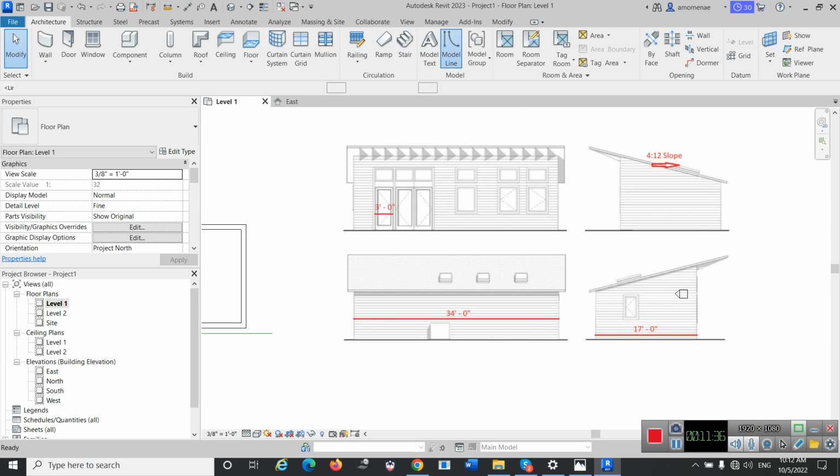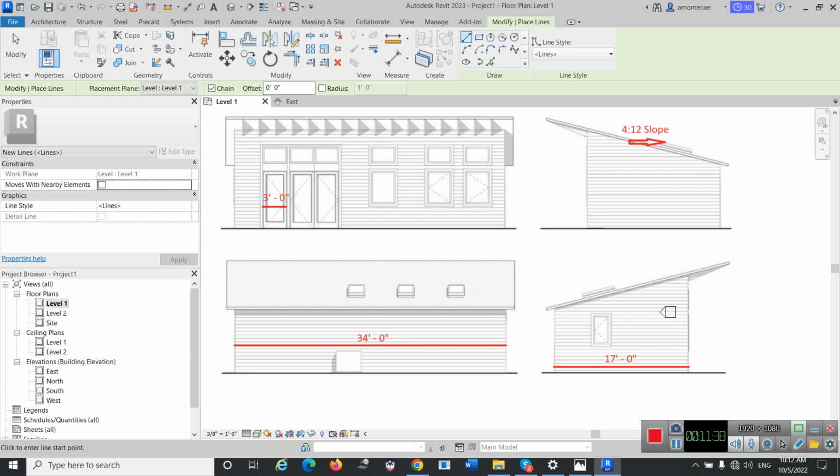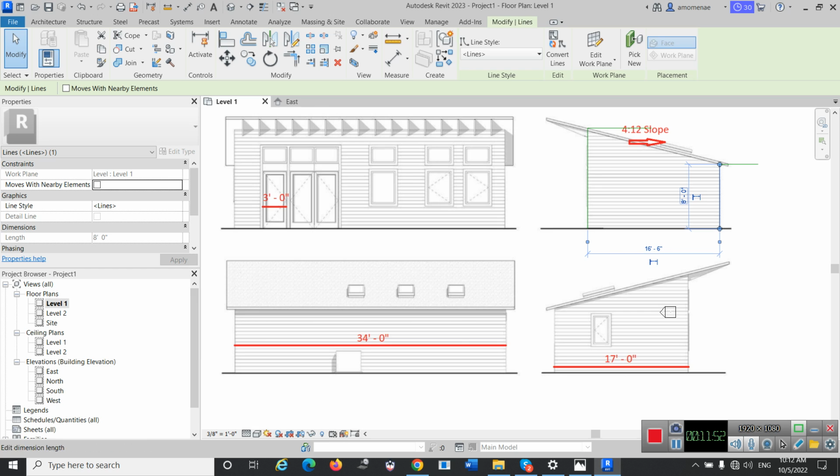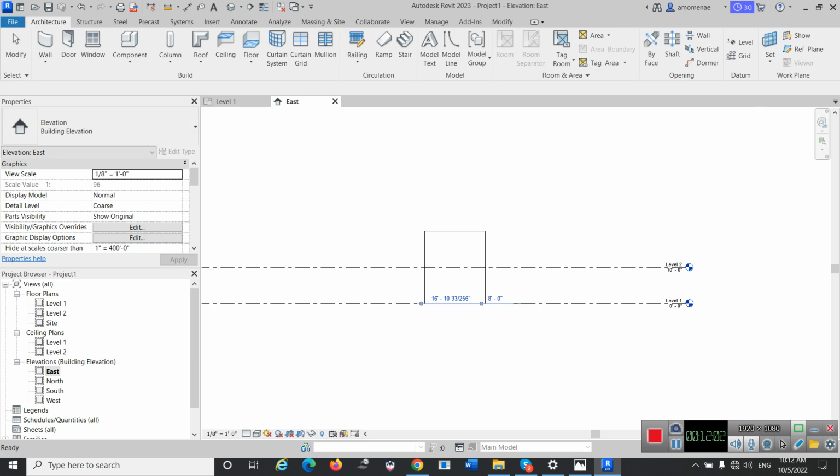So, for example, we know that we definitely need a level till here. And we definitely need a level here. So you can simply look at the dimensions here and set the levels. I'm gonna go for 8 feet from each level,